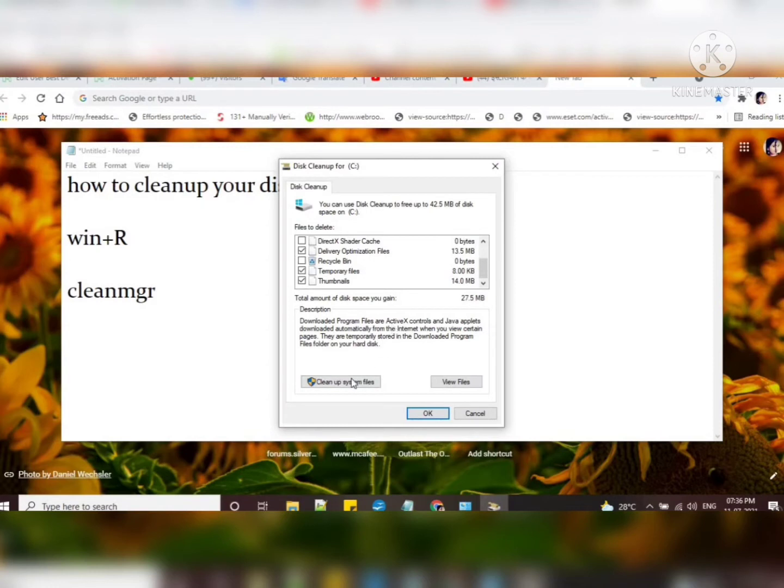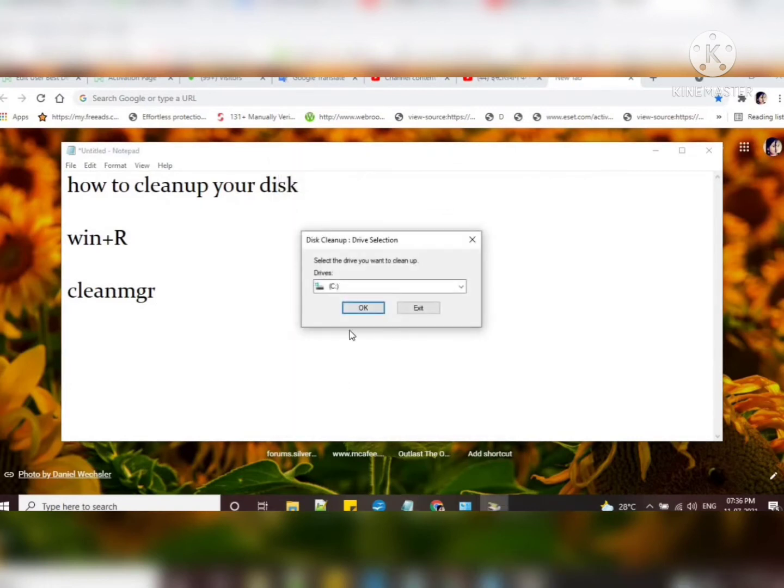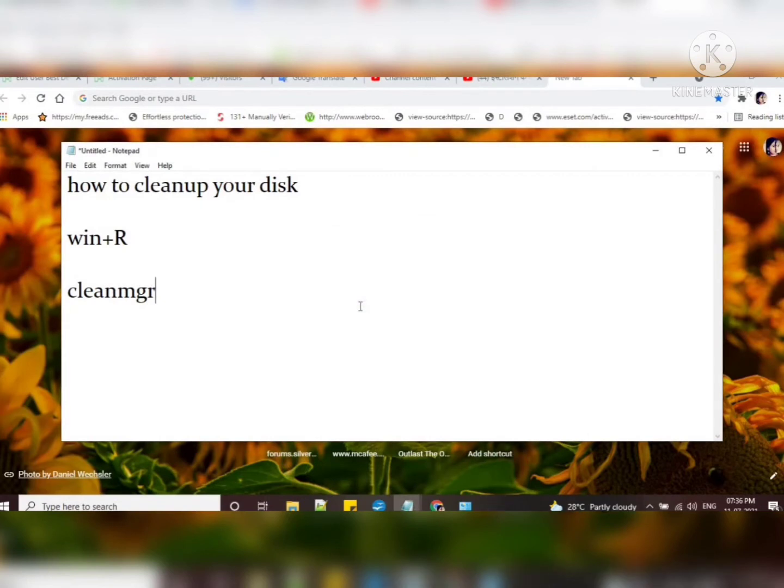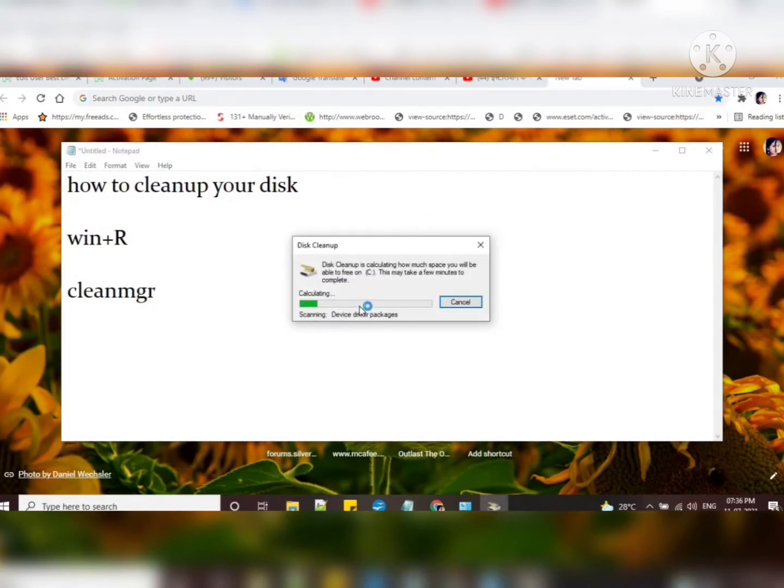Except for that, there are some system files which also need to be cleaned up. In the disk cleanup you will also find this option, Clean up system files, with an administrator shield. If you click here, it will first clear these system files. So first of all, when you go to the disk cleanup, just clean this part.